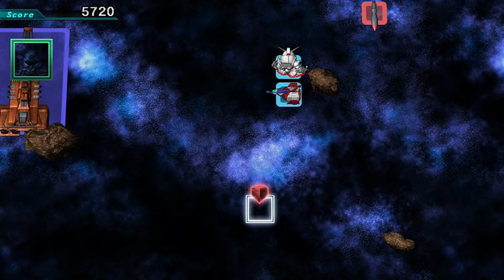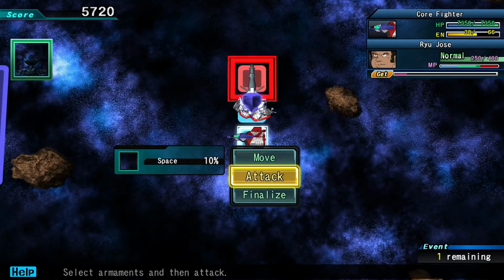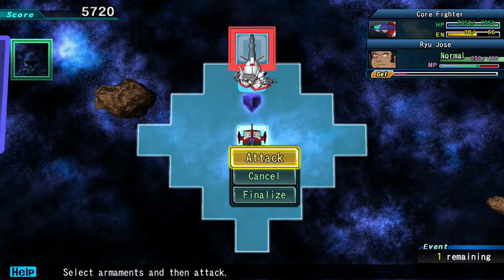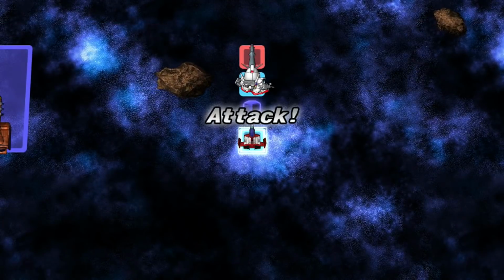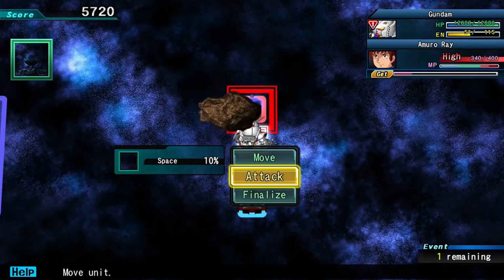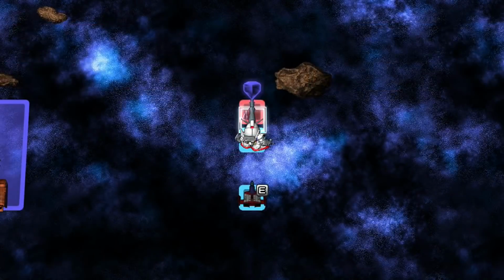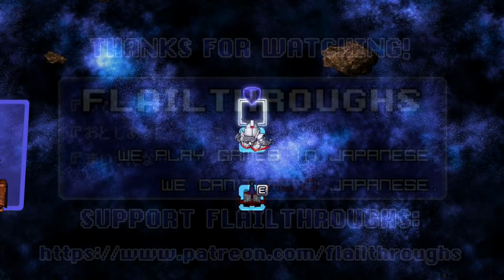And let's see. Yep, can't explode if you've moved, so that's good advice. Alright, let's shoot that, and then Amuro can finish it. 3,200, and beam rifle is a 2 to 4, so Saber time. It should be enough. And alright, there we go. Okay, so